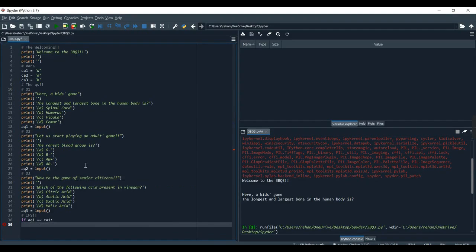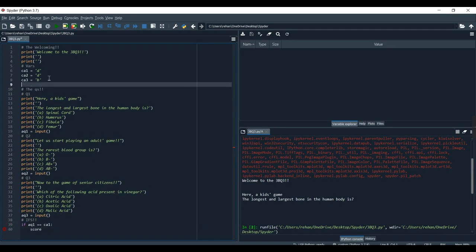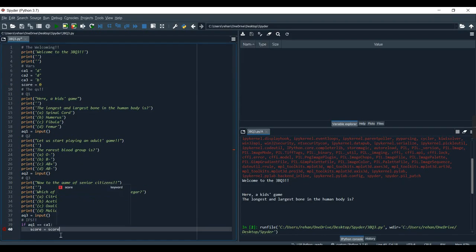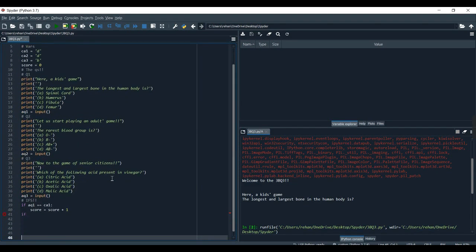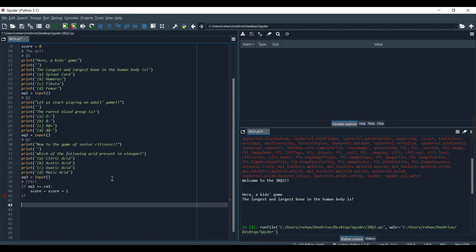Over here, let's write if AQ1 equals K1, which is the correct answer, then we should make the score. So we have to create one more variable, score, which is going to be equal to 0, and then score is going to be equal to itself plus 1. Okay, let's write if. I'm going to make a lot of enters so that it's easier to see, because then we have to see this on the edge of the screen. If AQ2 equals K2, then